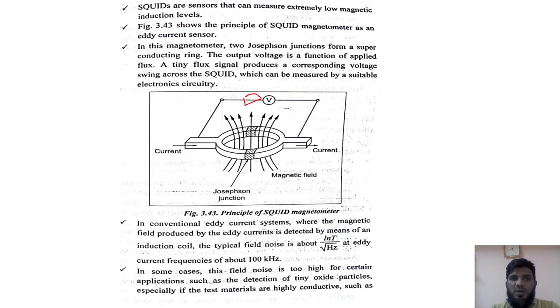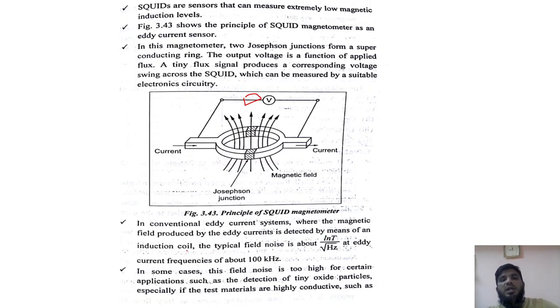So let us see how they have explained. In this magnetometer, two Josephson junctions form a superconducting ring. The output voltage is a function of the applied flux. So a tiny flux signal produces a corresponding voltage swing around the SQUID, which can be measured by a suitable electronic circuit. In a conventional eddy current system, where the magnetic field produced by the eddy current is detected by means of an induction coil,